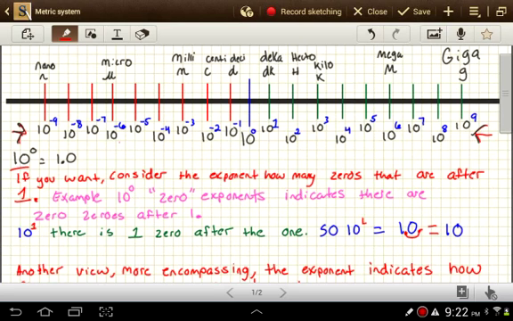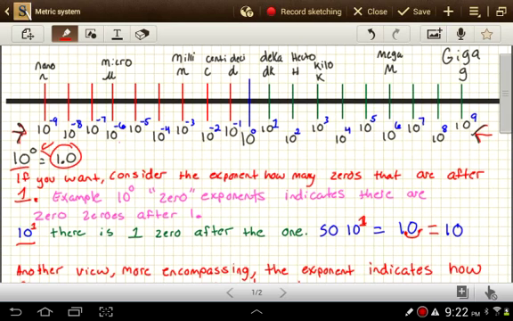For example, we have 10 to the 0 right here. How many zeros are after the 1? Well, 0. There are 0 zeros after the 1. So that becomes 1.0 because there are no zeros after the 1, except the one after the decimal point, and that one, of course, doesn't count. That doesn't factor in. So another example, 10 to the 1. There is 1 zero after the 1. So 10 to the 1